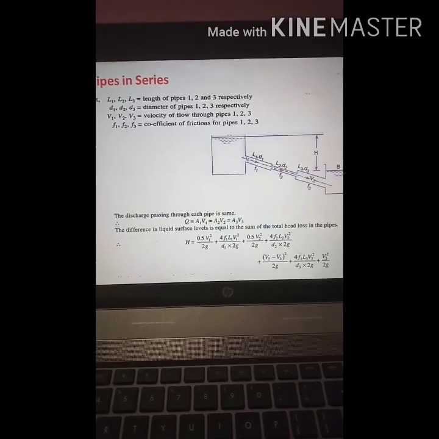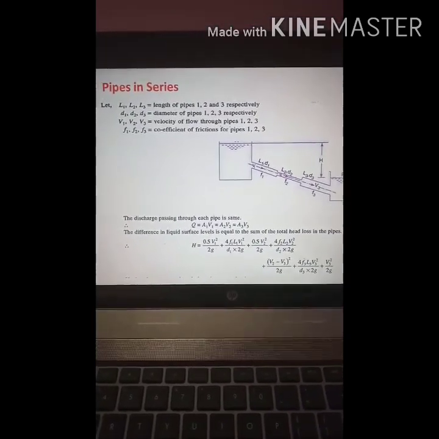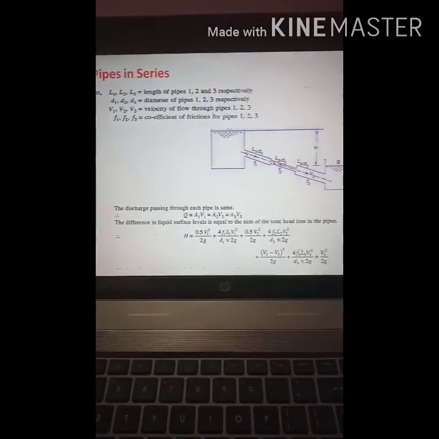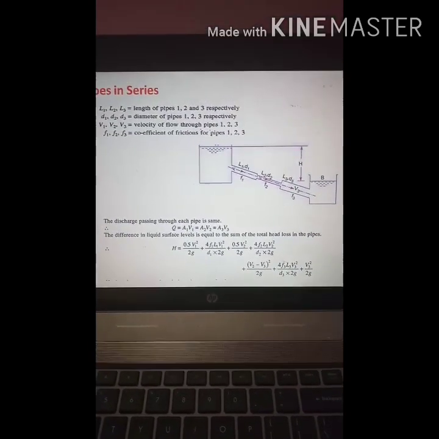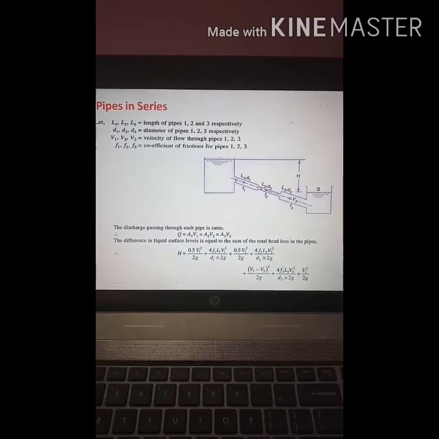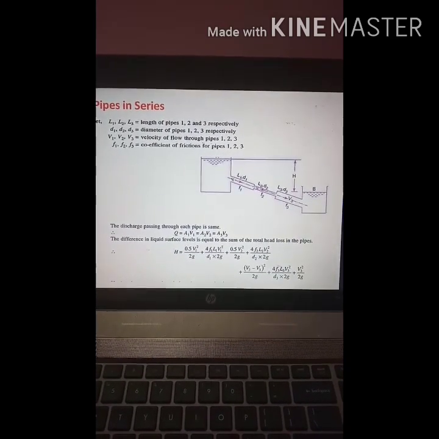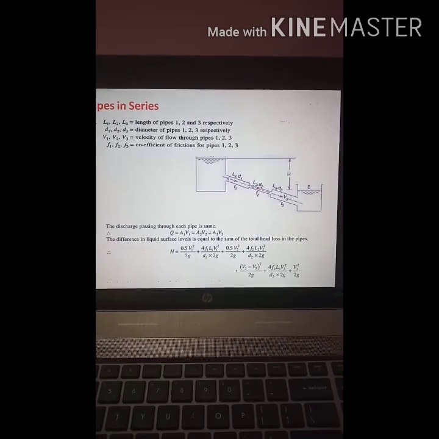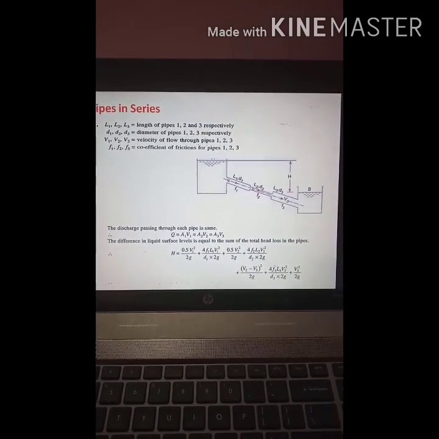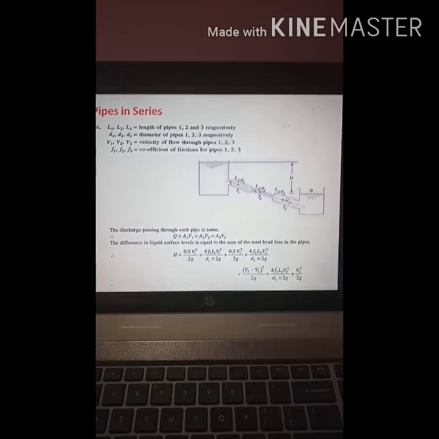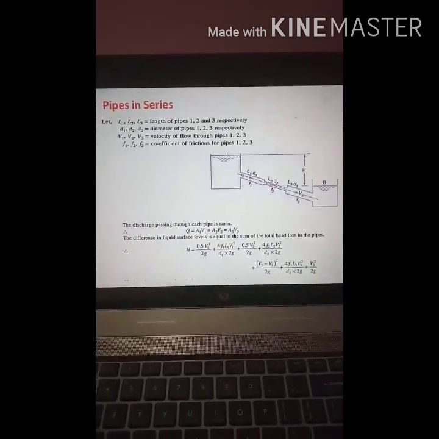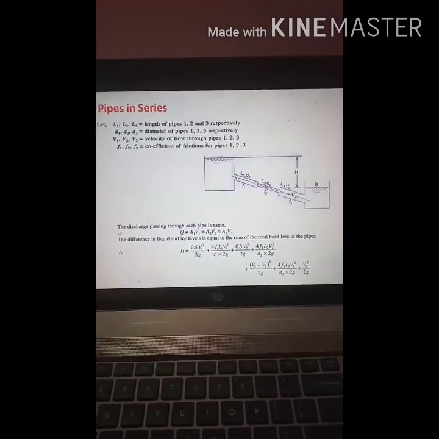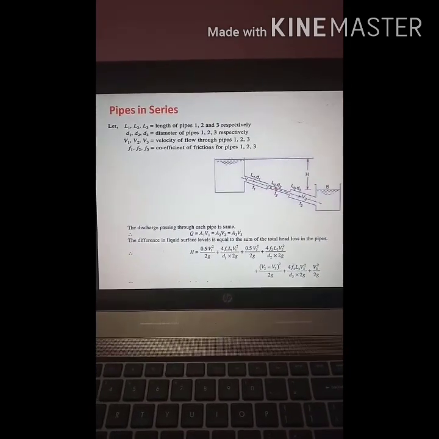Now let us see some numericals as well as theory for pipes in series and pipes in parallel. If you see in the figure, when you connect the pipes in series from tank A to tank B, there are three pipes connected. Pipes 1, 2 and 3 have varying diameters as well as variable lengths. Now why is there a need to vary the diameter and length? Why can't we use only a single pipe of one diameter and a common length?